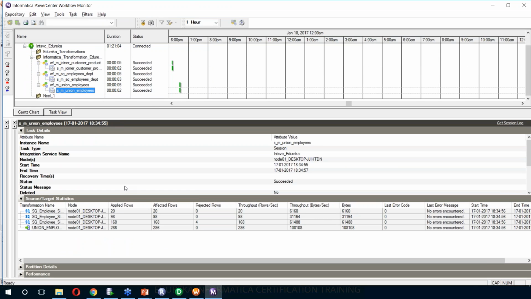Now here, if you may notice, the three files have different numbers of rows. The first file has 20 rows, the second has 90, and the third has 168. But when you look at the final target table, it has a total of 286. That is the combination of all these three. So coming back,